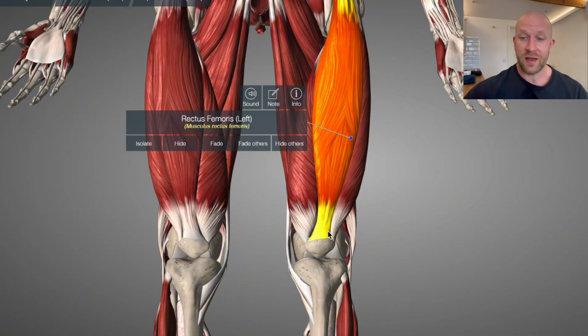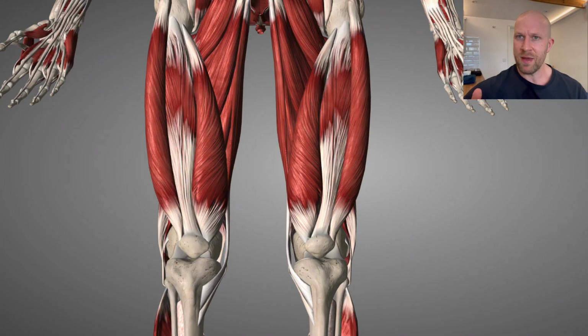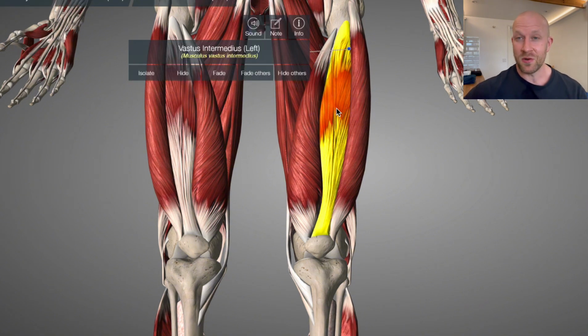Over the top of the patella, into the patella tendon, and then onto the tibial tuberosity, just there at the top of the shin. So the other quadriceps that we've got there can be defined as the vastus group. Vast because they're big, they cover a vast amount of space. Underneath rectus femoris, there's vastus intermedius because it's in the middle of the other 2